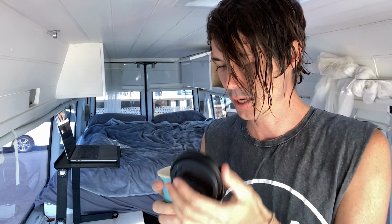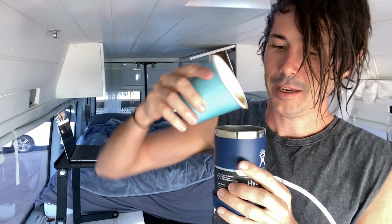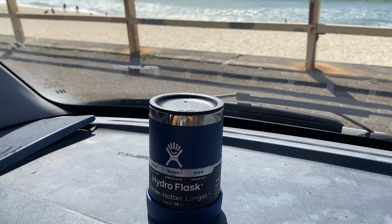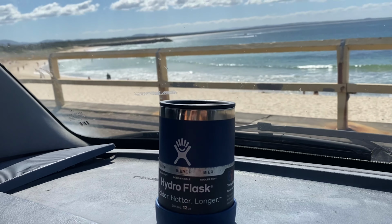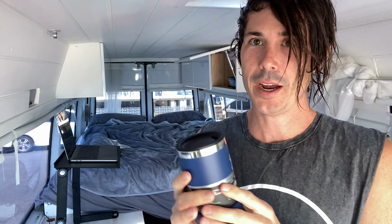So usually I make my own coffee, but today I have gone ahead and purchased my oat latte here, and I'm just gonna go ahead and pour it in there. Now this is a 3/4 full, so that was about 6 ounce, so you won't be able to see, but that's about half full. And then go ahead and pop that on. Now I can take this with me in the van and it's not likely to spill. It's not completely leak proof, so if you do drop this, then it is going to spill out, but